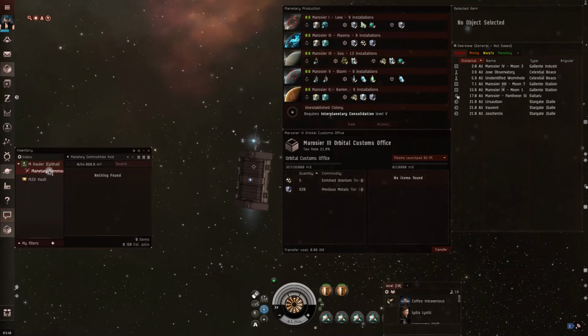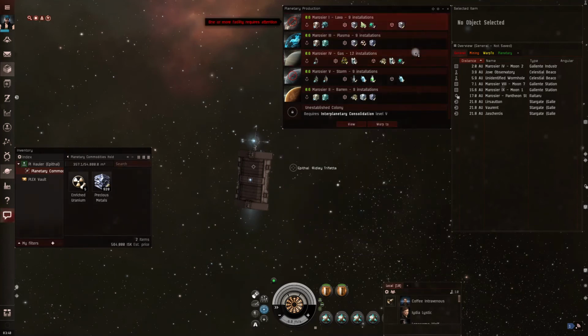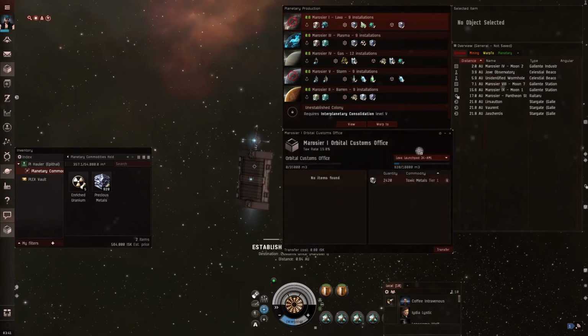And then you can do planetary commodities, hold on the Epithal, and you can just drag this stuff over there. All right? And that is how you pick up your stuff. Close the customs office, open your next place you want to visit, warp to, it'll warp to the customs office, right click, customs office, access customs office, drag anything you want from your launch pad into the customs office, and don't forget to hit transfer, and then from your customs office into your planetary commodity hold of